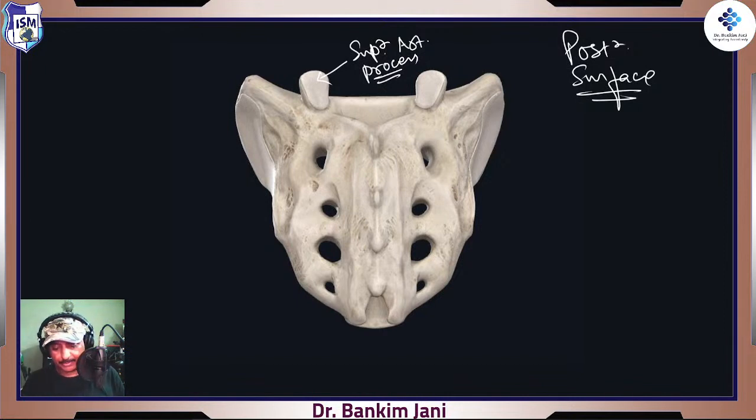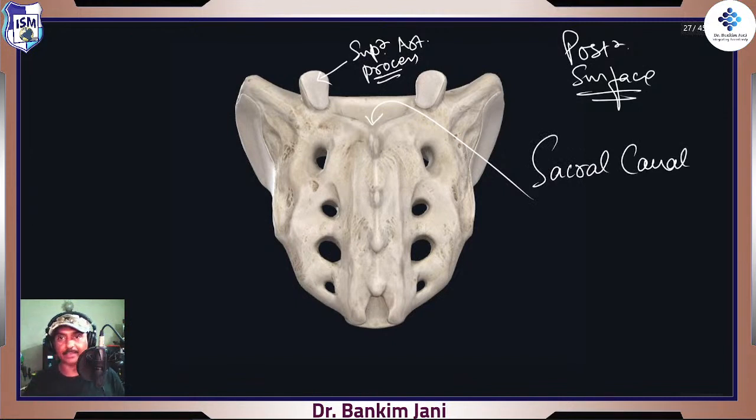But here the interesting part is this. There is a canal, right? That's what is called the sacral canal, and it is triangular in shape, right? So over here we have S1, S2, right? It is at this level. If you go inside, at the level of say S2,